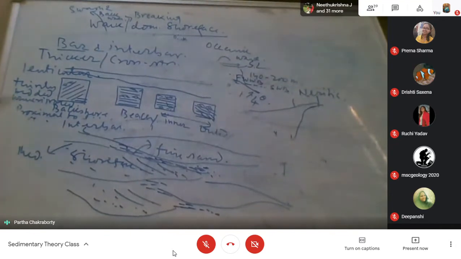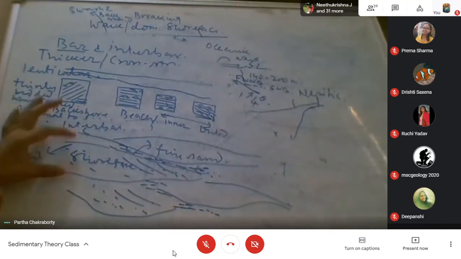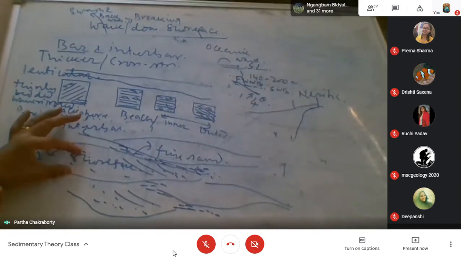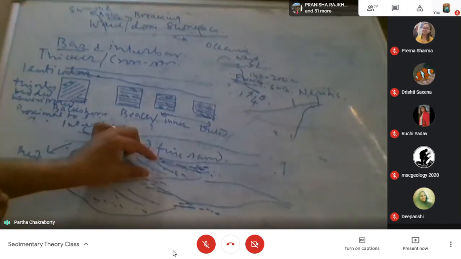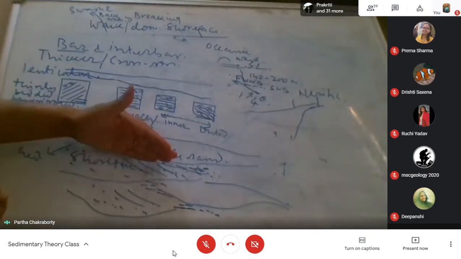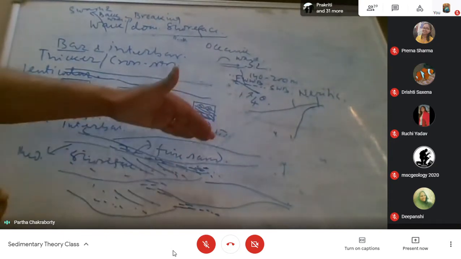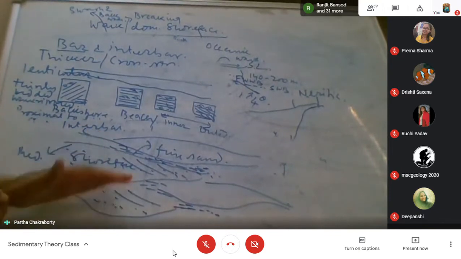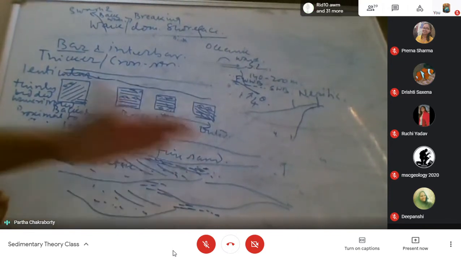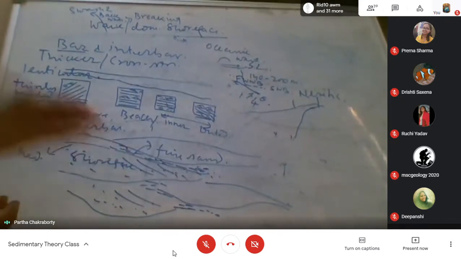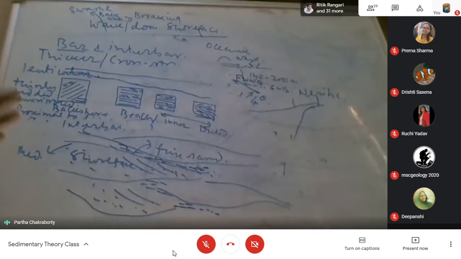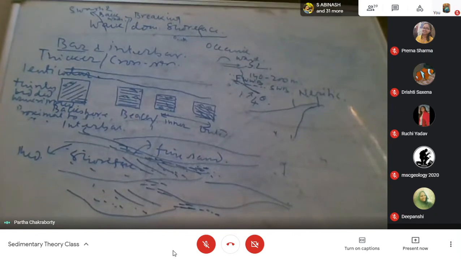Okay. Now, when I say the decrease in thickness as you go from proximal to distal, you will be getting these bodies less thick. You will be getting the cross-set thickness decreasing. The bars will be more separated and interbar is increasing. The degree of amalgamation, this is amalgamated bar. The degree of amalgamation will be less. That means most of the bars are separated by interbar. They will not come in touch with one another. So the degree of amalgamation will decrease. So these are the changes I expect when I go from the proximal to the distal in a shore case. Okay.